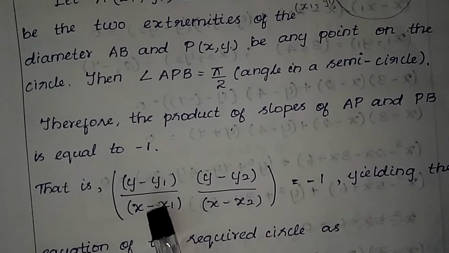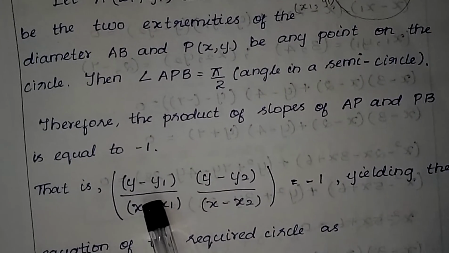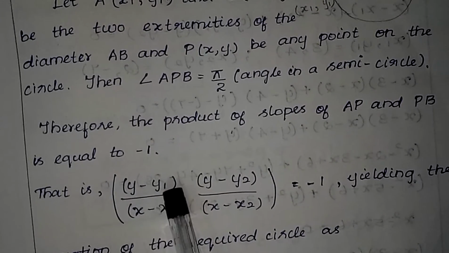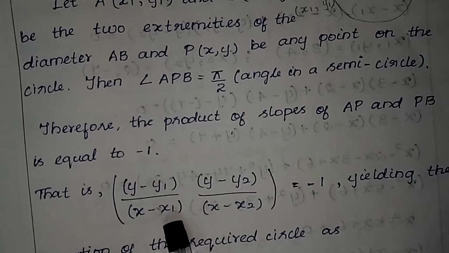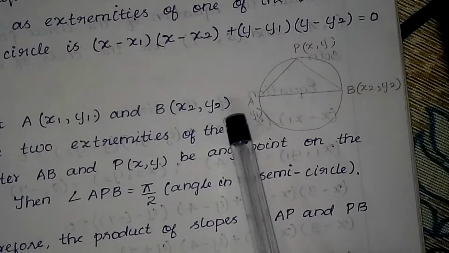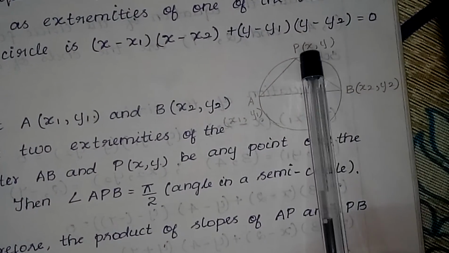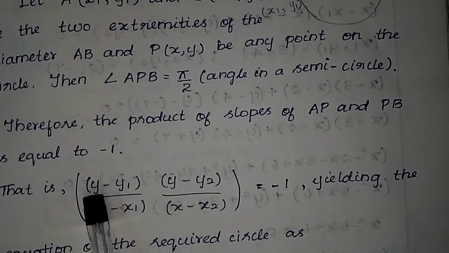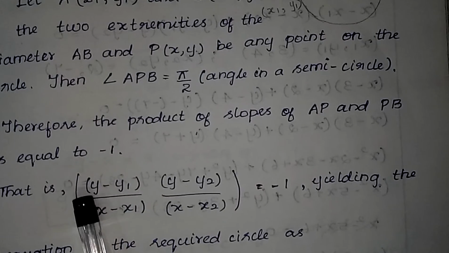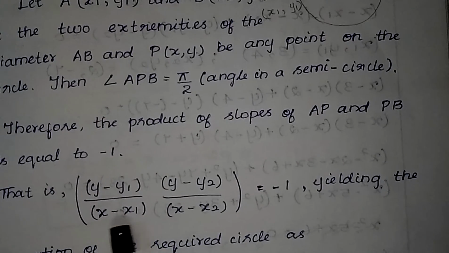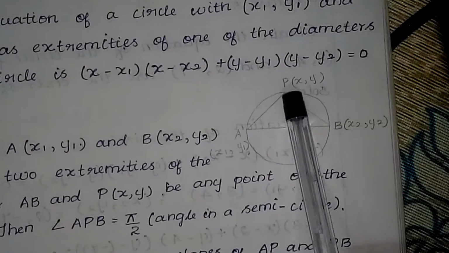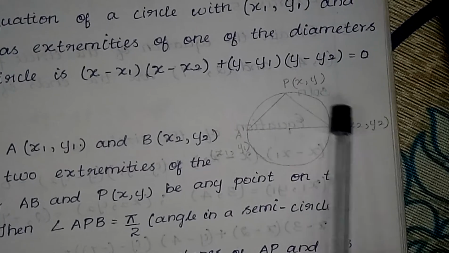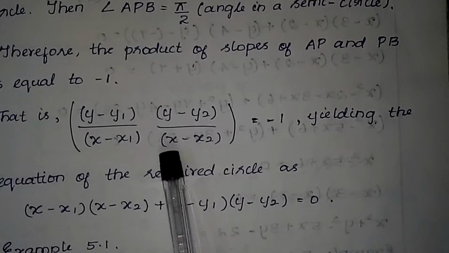So, according to that, here we are taking the product of the slopes. The formula for finding the slope when two points are given is y2 minus y1 by x2 minus x1. Here our points are, one point is x1, y1 and the other point is x, y. We are taking these 2 points, so we can take the formula like this, instead of x2, y2, we are taking x, y. So y minus y1 by x minus x1. This is the slope of this line PA. In the same way, the slope of this line is y minus y2 by x minus x2,